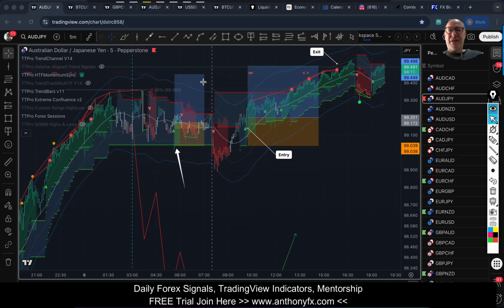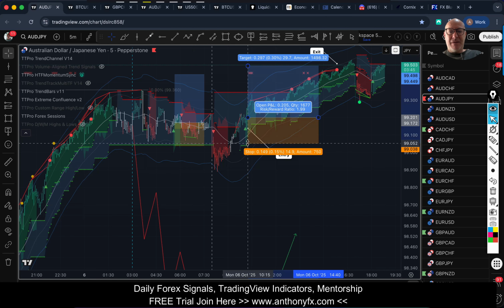Okay, we got taken out on that one. So that's minus 1R. Follow this to the T, exactly. So the next opportunity was in the New York Open, and that's when it really turned red a couple of times, right? There's the signal. Take it. We're down 1R. If we follow this to the T, that's your stop loss there.